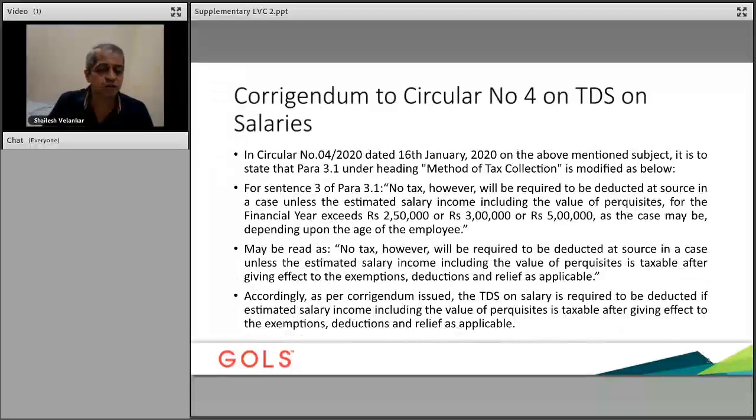So we go to the next. Corrigendum to circular number 4 on TDS on salaries. We have already seen TDS on salaries in the last lecture. This is something in addition. We did not take it up at that time because